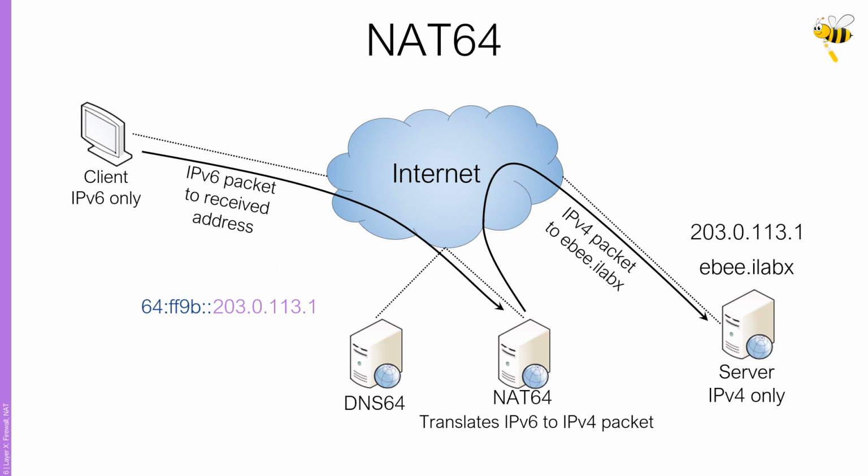As NAT64 uses its own IPv4 address as source, responses from the server go back to the NAT64. The NAT64 has a mapping stored between the received IPv4 address and the IPv6 client that initially sent the request and can translate the packet back to IPv6. Finally, it sends a response back to the client. This is a rather simple to understand but effective way to enable communication between IPv6 and IPv4 only hosts in the network, which we will talk about in more detail in our practical course ILAP-X, which will start soon on edX.